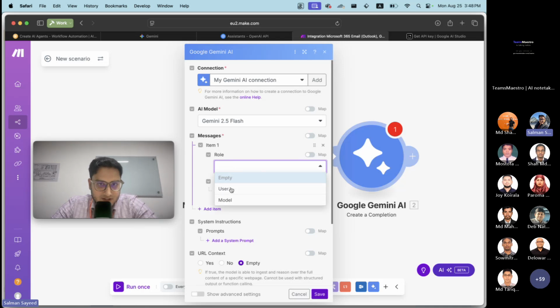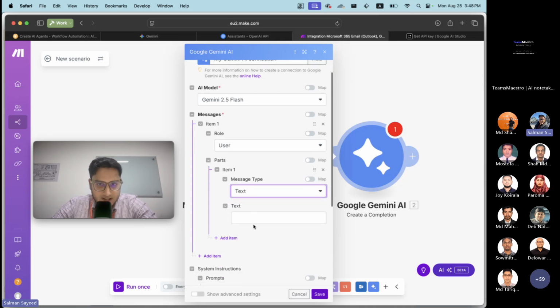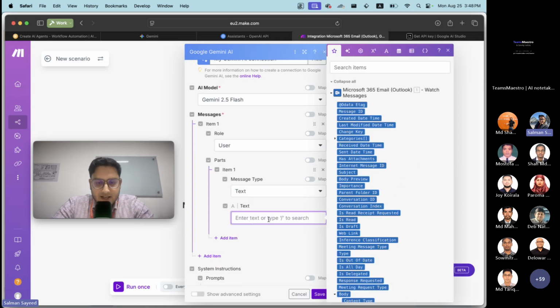So let's say I want to send a message. This message is being sent by me, that's why I'm going to write user. Then parts. If I select parts, it will give me one option and I can say that my input message type is going to be text. And let's say I specify here that you will be given an email body. Your responsibility